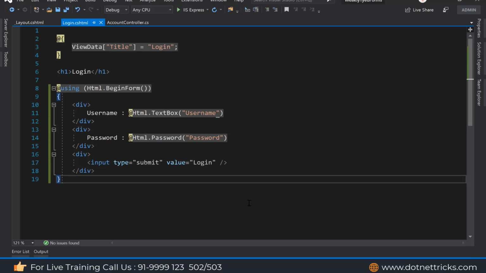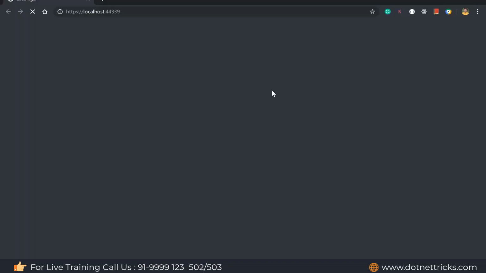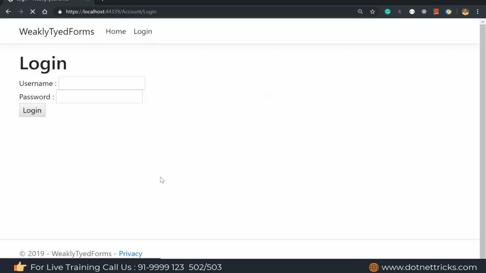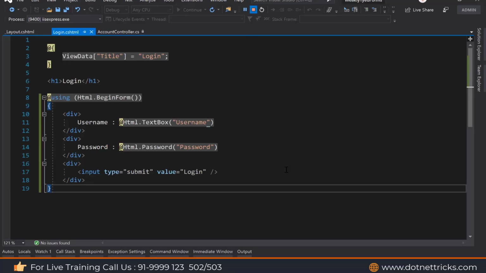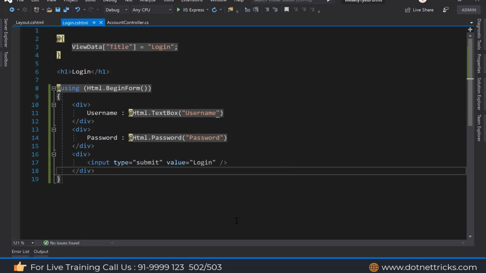So let's see how it is looking to us. So let's run the code. So this is my browser, it's showing to me, and now you can see there is a link login. Just go to the login page and you can see there is a text box for username, there is a text box for password. If you will enter here, let's say Shailendra, and password let's say 1234. It's working fine, but so far we have not written any method for receiving the form input controls value on the server side. So that code we will write later on, because our objective is right now to understand how we can create the forms in ASP.NET Core. So this is the example of the weakly typed forms.